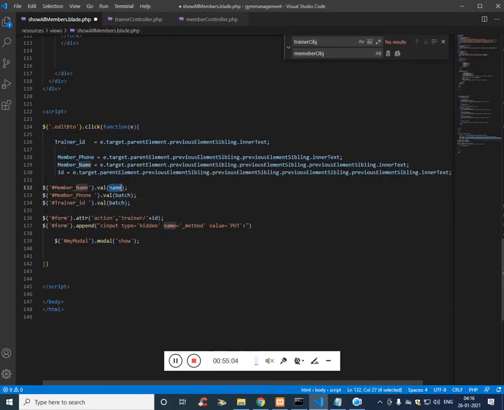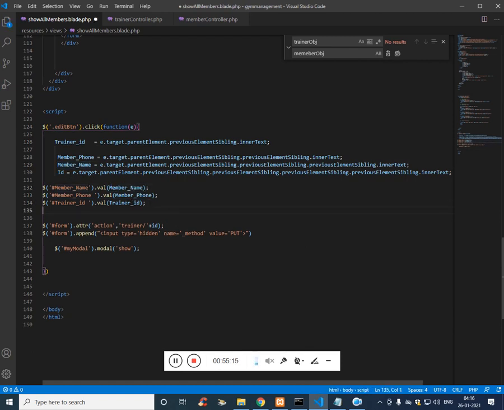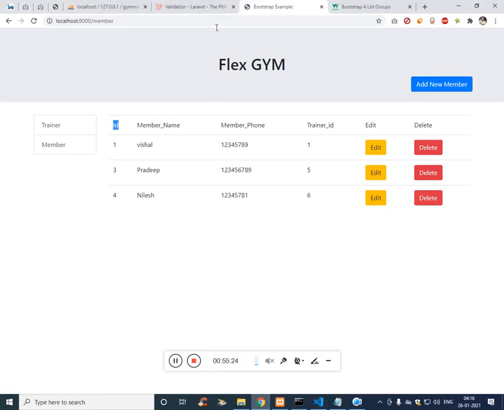So the value here is trainer ID, and the phone is saved in this variable, and the member name is saved in this variable. Once these are done, I want the form action to be member, and the ID is passed, and then the same method, and then show the model. Let's show the model now.